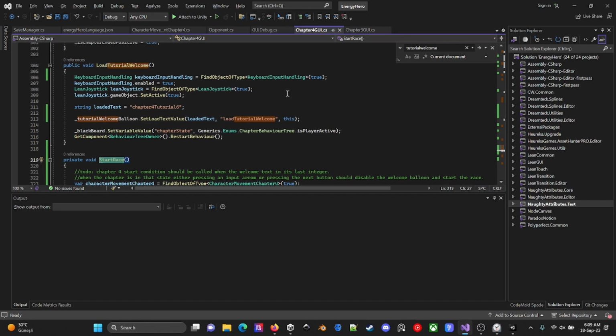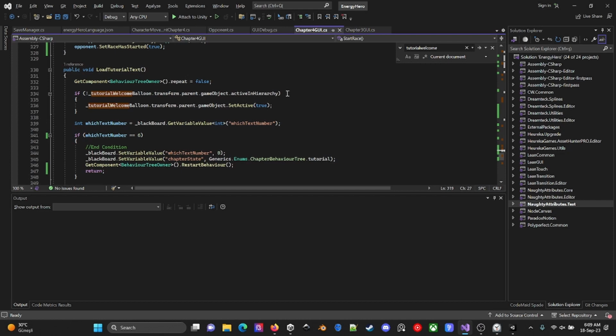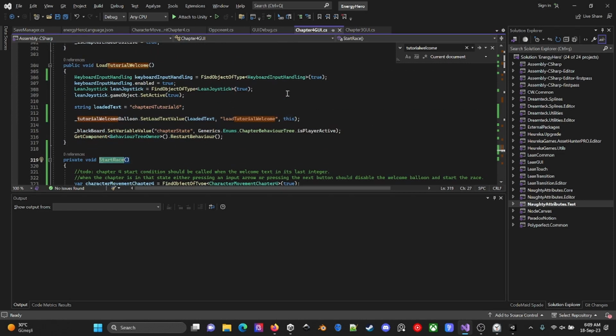However, this is not working here, because when load tutorial welcome is called, it just goes over the input methods and loads the text I want, and after loading the text, the behavior tree just changes its state to player active.